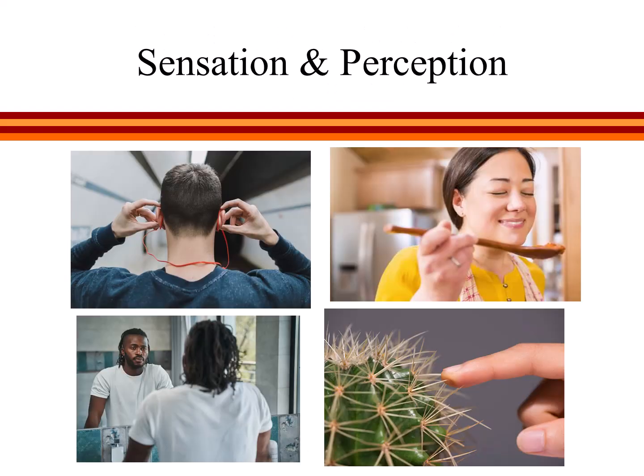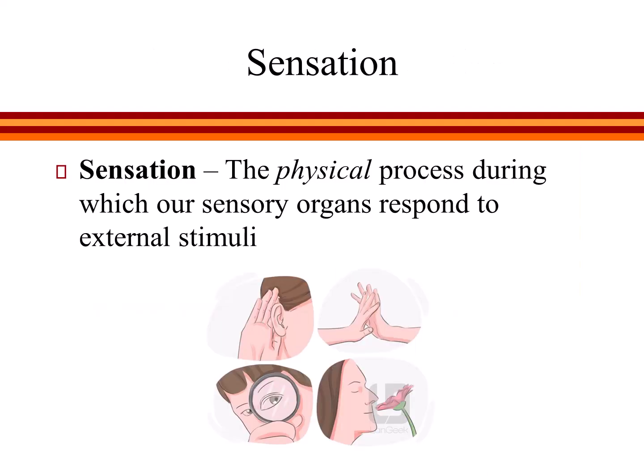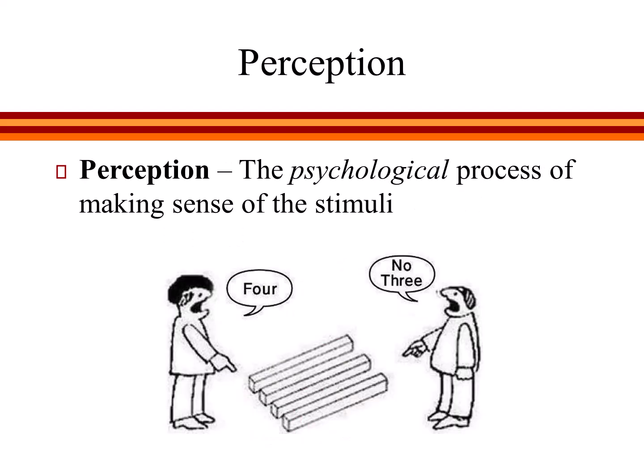Everything we see, hear, touch, taste, and smell first starts out there somewhere in the world. So how does what's out there get inside our heads? First, our bodies must detect some kind of physical energy in the environment. Different forms of energy, such as light waves, sound waves, or physical pressure, correspond to different senses, such as sight, hearing, and touch. This is the process of sensation. Second, our brains must then interpret this physical stimulation. This is the process of perception.